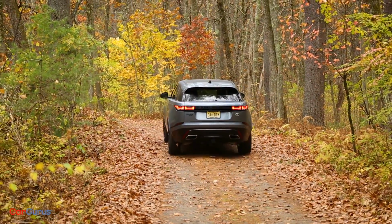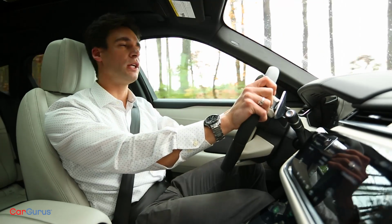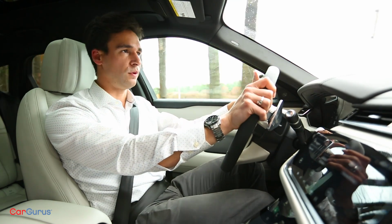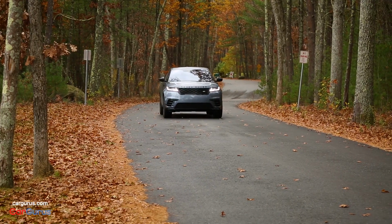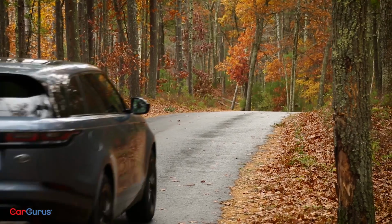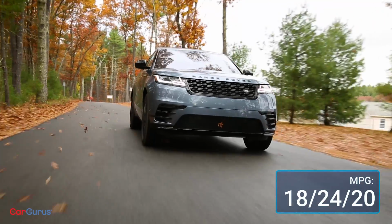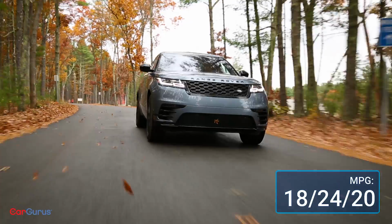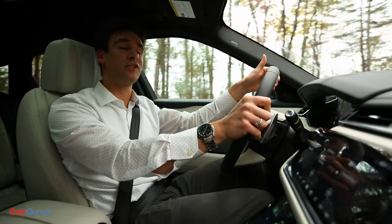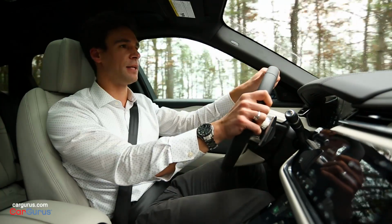I suspect for 100% of Velar owners that this won't matter. This is a quiet and plush SUV that's quick and agile when it needs to be. Fuel economy is between 18 and 26 miles per gallon city and 24 and 30 miles per gallon highway, depending on your engine choice. Our model should return the lowest of those numbers, and I've been averaging 19 miles per gallon. Our car is almost fully loaded, save for extra USB ports in the back and a head-up display, and